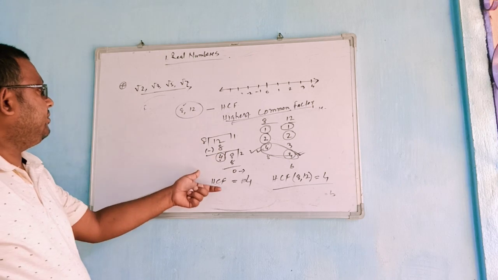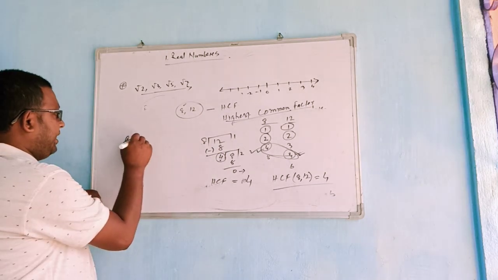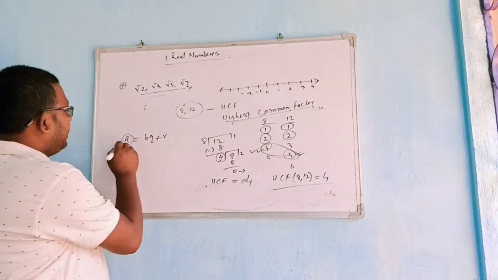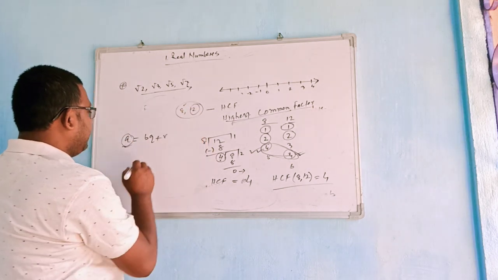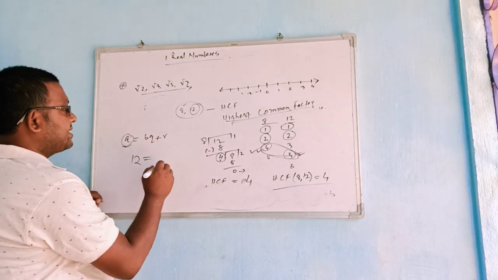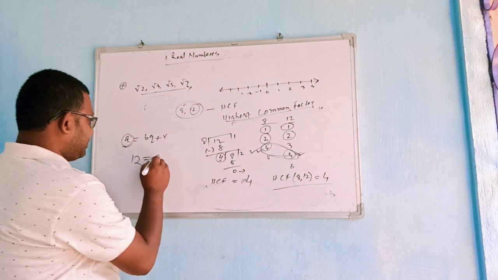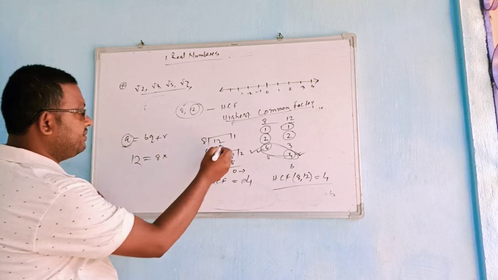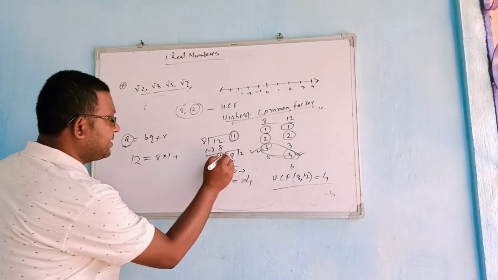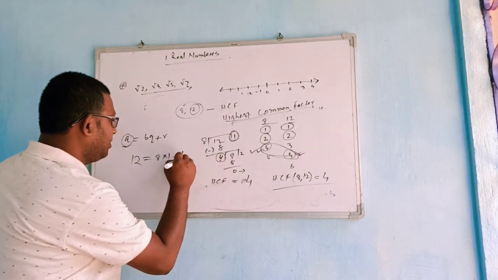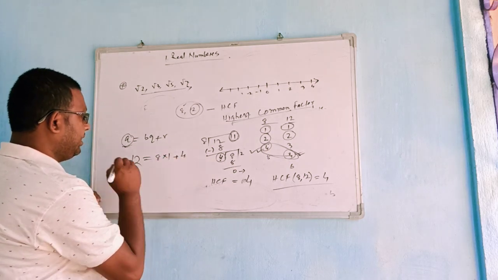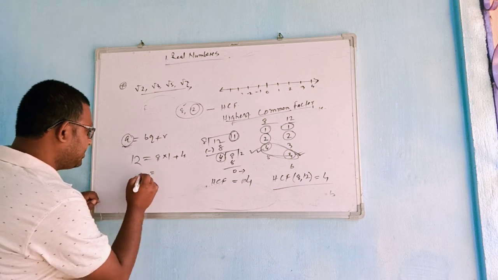Okay. So we can follow Euclid's division: A equal to BQ plus R. A is the greater number. Which one is the greater number here? 12. Then 12 can be expressed as 8 times how many? 8 into 1, plus remainder 4. 8 into 1 is 8, plus 4 is 12. Then again this 8 is divided.